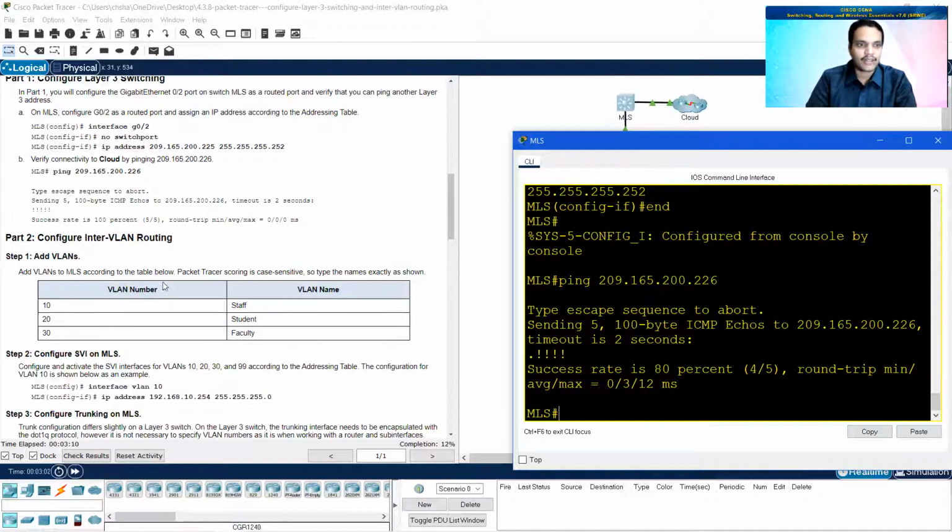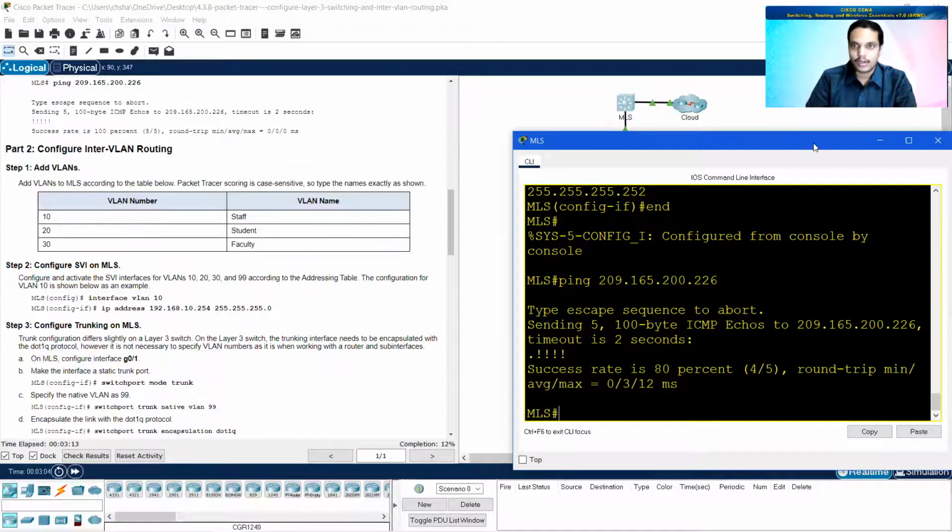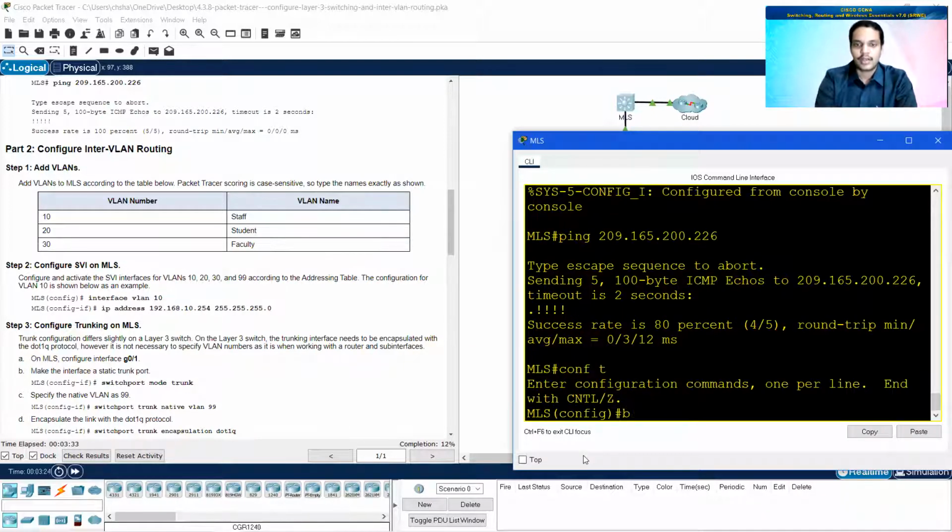Now it's asking me to configure inter-VLAN routing. For this, it is asking me to configure SVIs on MLS. First, you need to add VLANs. So add VLANs to MLS according to the table given below. Addition of VLANs is a simple thing which you have been doing in the past module also. Now I need to go into the global configuration mode. Configure terminal.